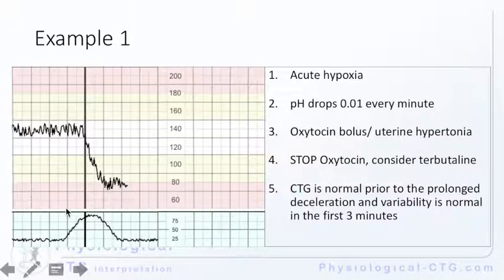Remember that on the tococardiograph, what you see is the number and duration of the contractions. You can't assess intensity. So even if you see only one contraction, you need to use your clinical skills to assess if you have hypertonia. Consider also, since she's having an epidural, and especially if a recent top-up has been used, if you have maternal hypotension. So the key things here will be to stop the oxytocin, to consider terbutaline, to use IV fluids, change position,